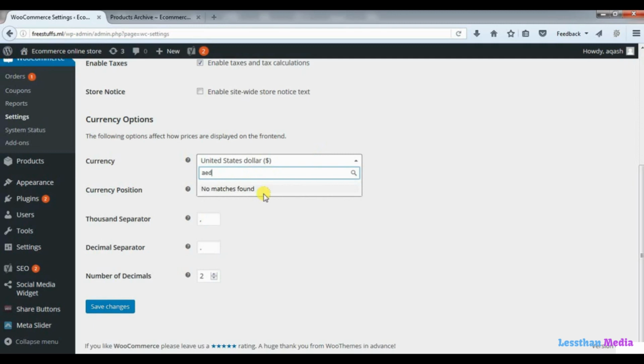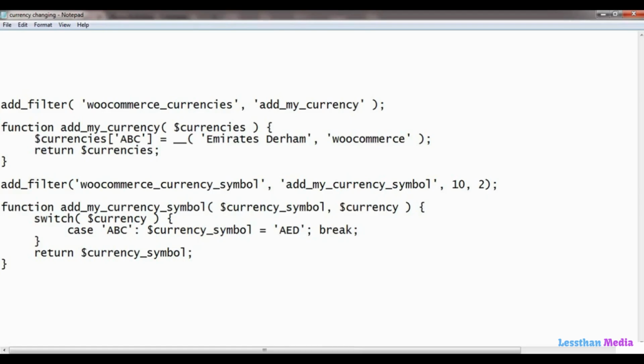Now I will need to add my custom currency to this currency list. So for this we will need to use a bit of coding, but you don't have to worry about this code. I will provide it to you. Now all you need to do is to change the name of your currency here. Like in my case the name of my currency is Emirates Dirham, and then provide the symbol for your currency here. So the symbol for my currency is AED. So whatever is the symbol of your currency, you can provide that here. Then copy this code